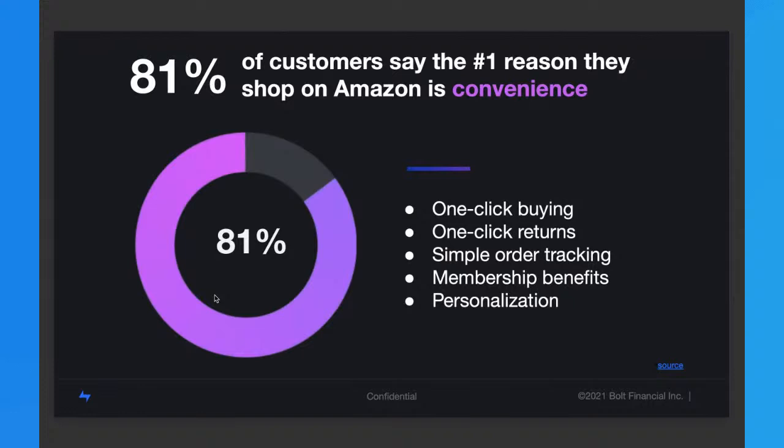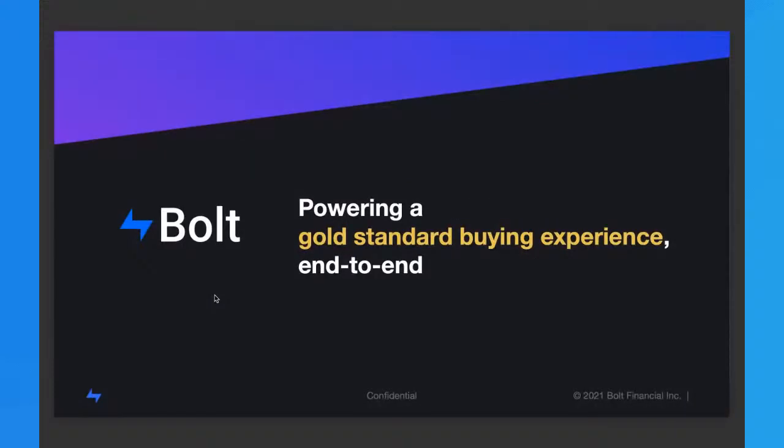81% of customers say the number one reason they shop on Amazon is indeed convenience. It's a one-click buying experience, one-click returns, order tracking, membership benefits, personalization, etc. And so what we're doing here at Bolt is powering a gold standard buying experience end to end through the entire checkout experience, not just at the gateway, but we're truly a checkout OS. It allows a merchant to tie in everything from single sign-on for other Bolt merchants, in addition to tracking orders,